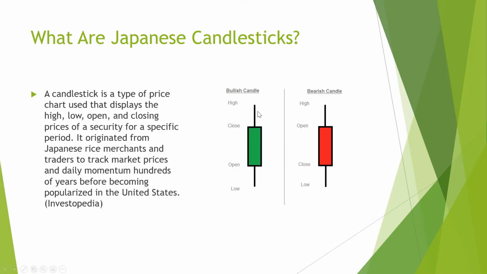The lines on the bullish candle and bearish candle are called wicks. So where it goes up here and where it goes down here. Same with here, goes down here, goes up here. What wicks show are the range of price movements. So simply, say this is a daily chart. So you're looking at, like we said, 9:30 a.m. open, 4 p.m. close. But what these wicks represent are the highs and the lows of the security price of